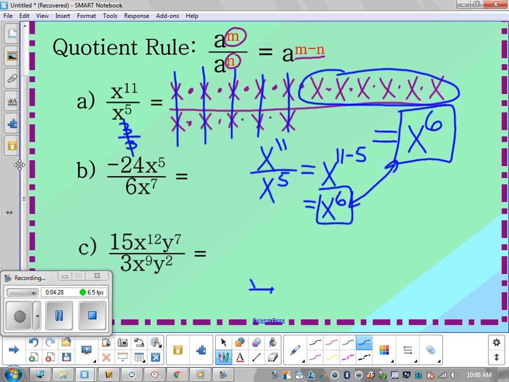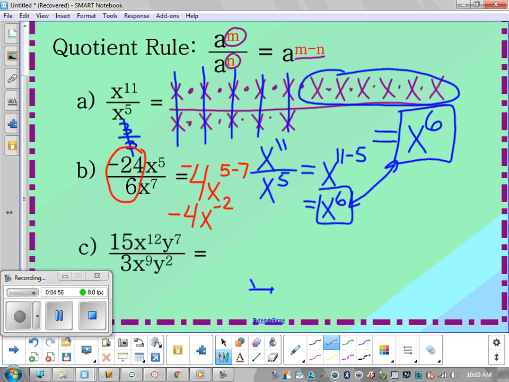Now looking at example B, it's a little different. We have coefficients in front of it. -24 over 6. We're going to reduce that. 6 goes into 24 4 times. And then the signs are different, so it's a -4. My x's, I'm going to subtract the exponents. 5 minus 7. So when I continue, that's -4 x to the